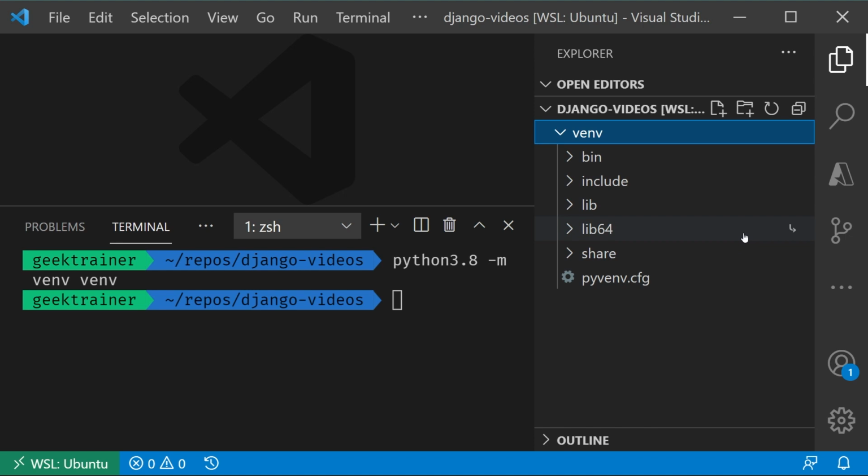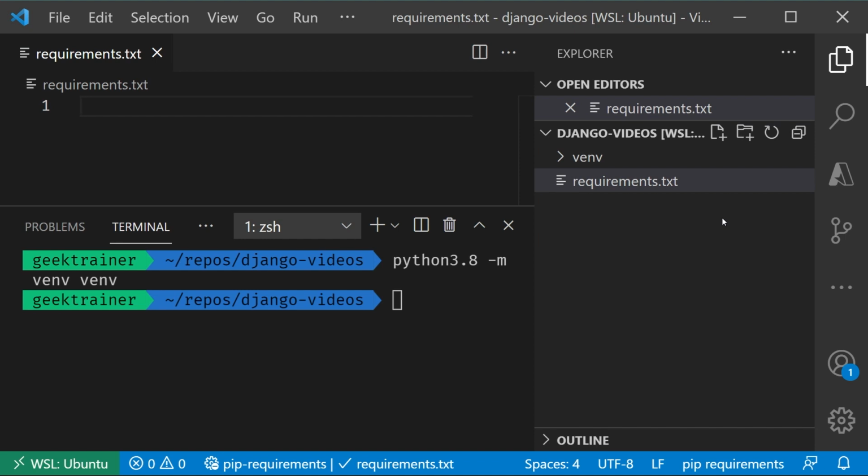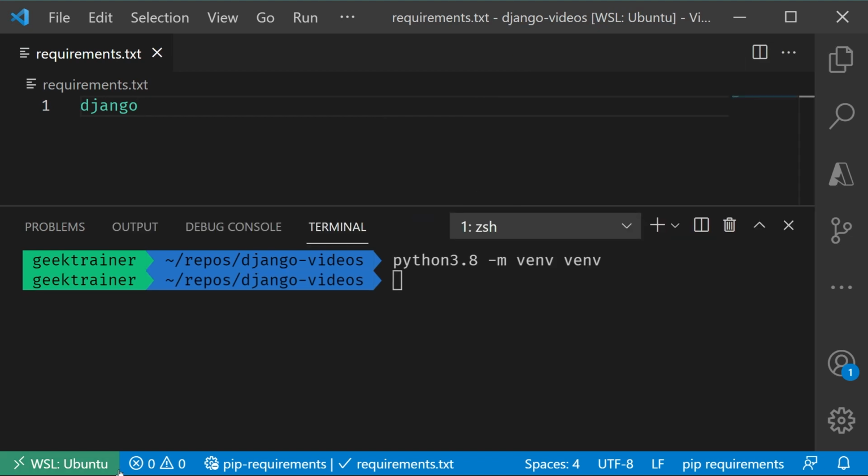Now, the key file that I want to create here is going to be a little file called requirements.txt. And inside of requirements.txt, I'm going to list Django, there we go, as a requirement. Now, the reason that you want to put this into a requirements.txt file is so that when somebody clones your project, maybe you've put this out onto GitHub, or when you go to deploy it, the deployment process or the person that grabbed your code will then know what frameworks, what libraries are needed to be installed.